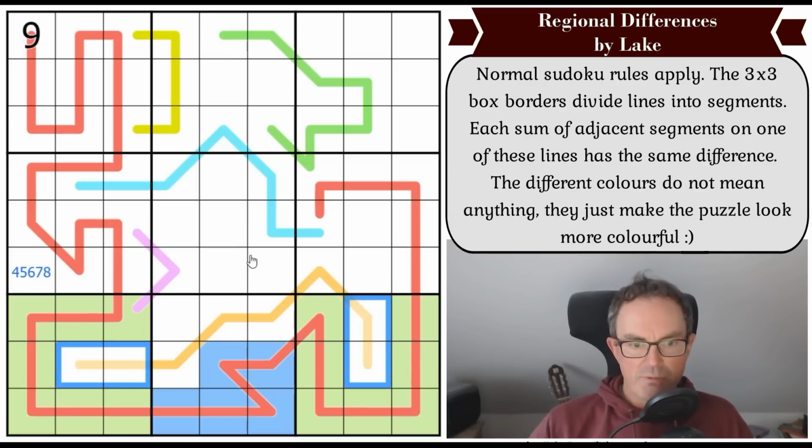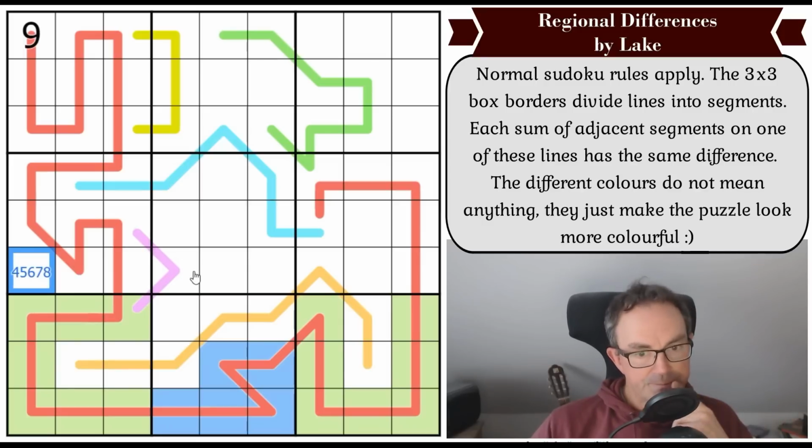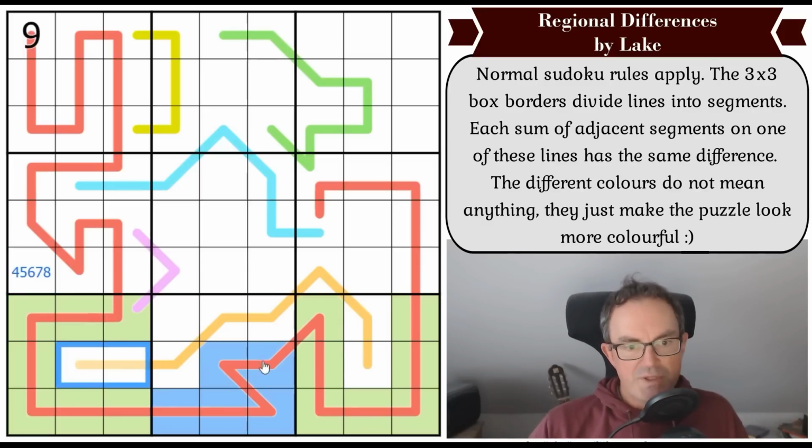But now what we've worked out is that the difference between these two cells, well, this is big. It's going to rule 8 out. Because what we're saying is that the total of that segment is the same as the total of that segment. So if this was 8, we know this is 16 because it's 2 lots. That's 16, but both would be 7 and 9, and I get too many 7s and 9s in row 8, so we can take 8 out. If it's 7...